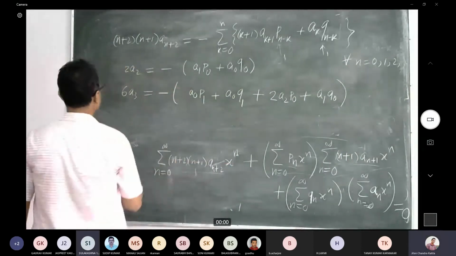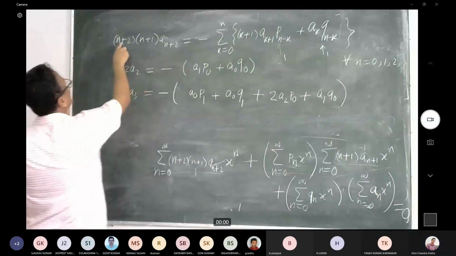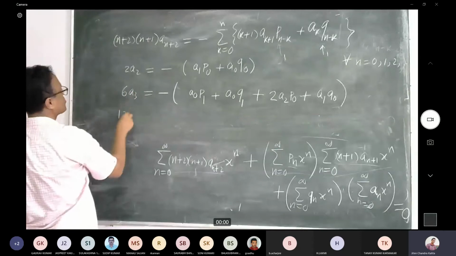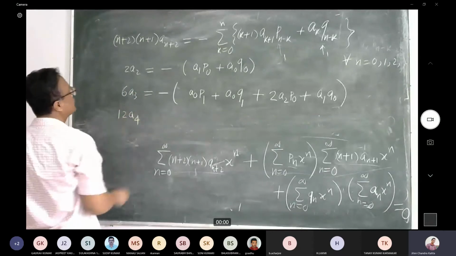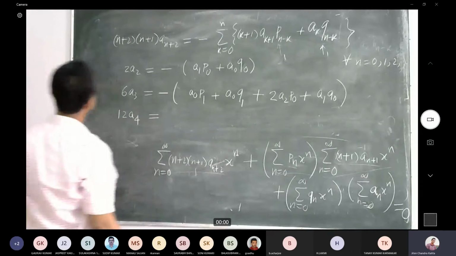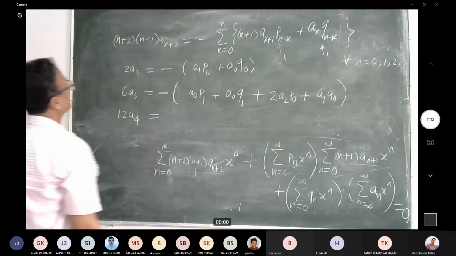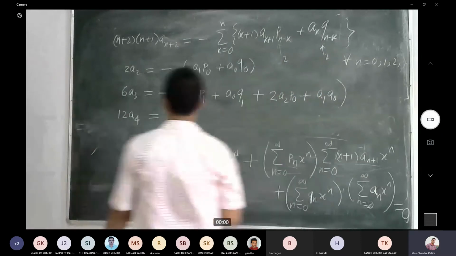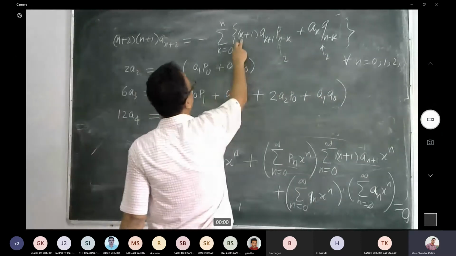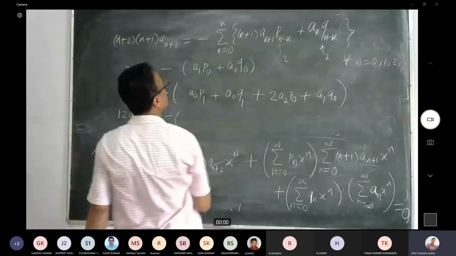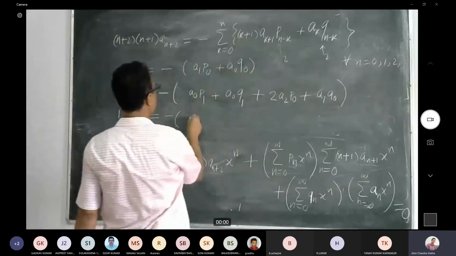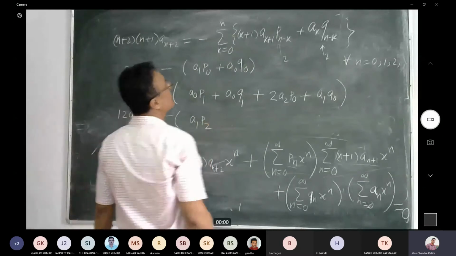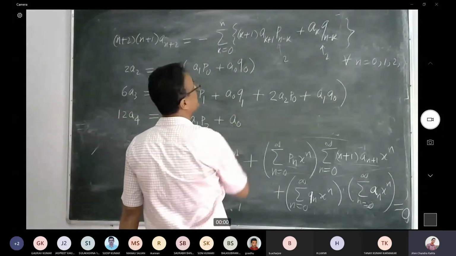Okay. So similarly, the third term, if you plug in n equal to 2, this is 4 into 3. This is 12 a4. So now n is 2 fixed. N is 2 fixed. So this is going to be 6. Now I start from k equal to 0. So if k equal to 0, this is simply 1 and a1, then p2, then a0,